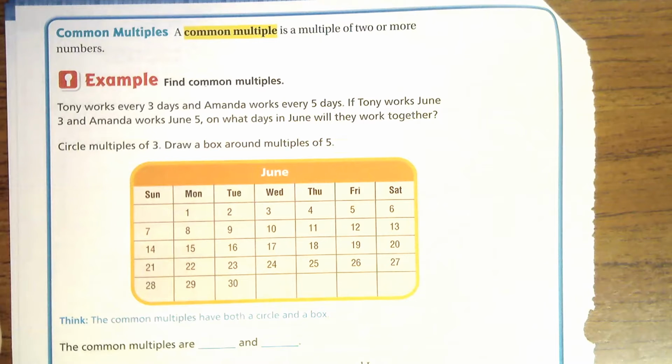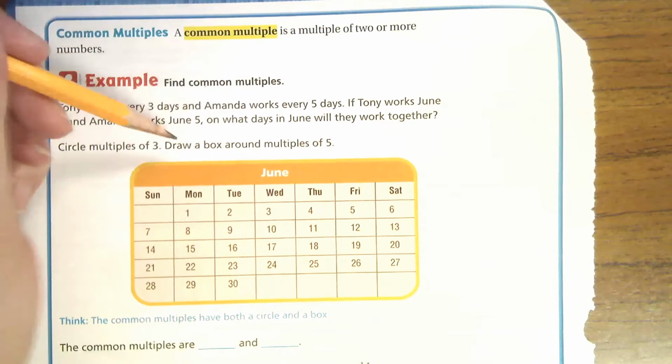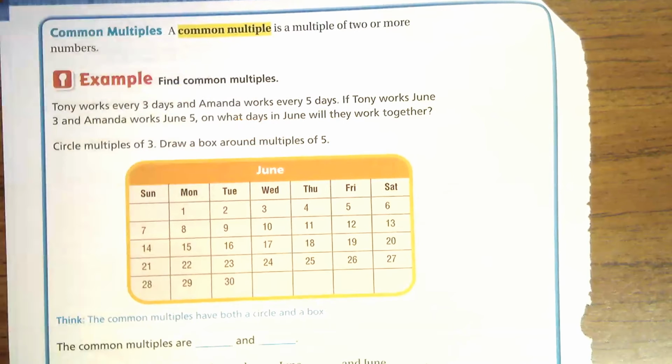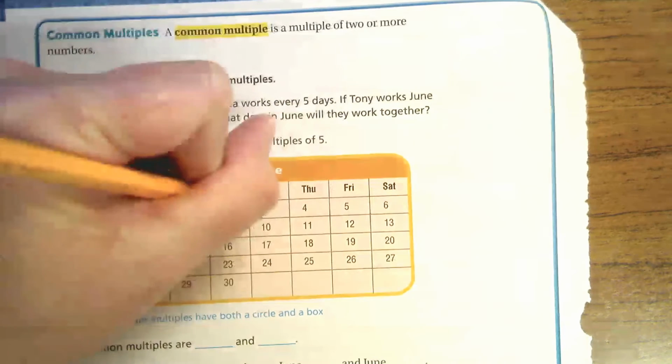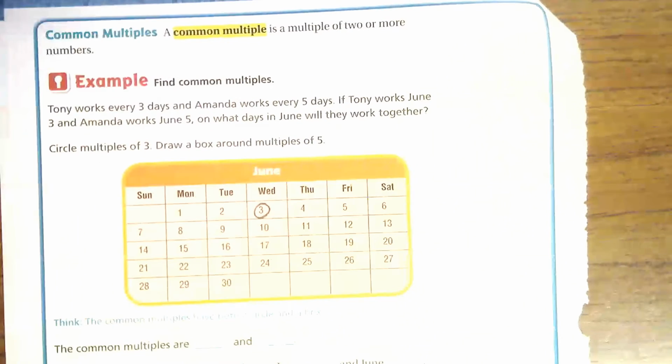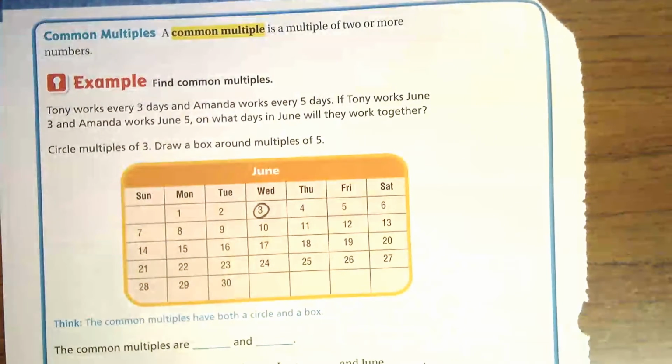So we're going to do circles for multiples of 3, and we're going to draw a box for multiples of 5. So we're just going to start with the 3s. Ready? We're going to start with 3, and we're going to put a circle around it. What's the next multiple of 3? We'll count by 3s. 3, 6,